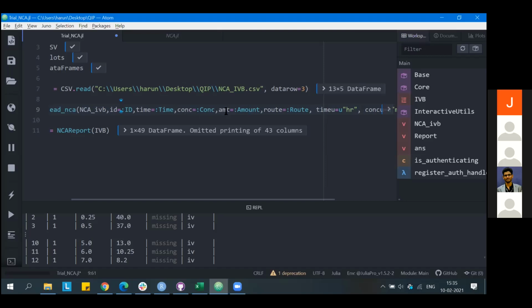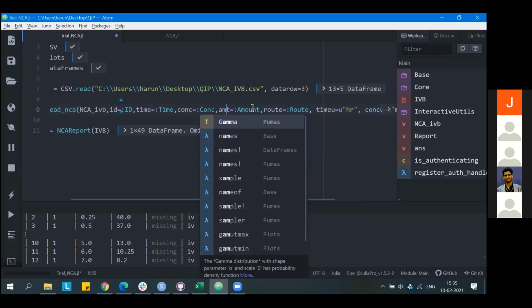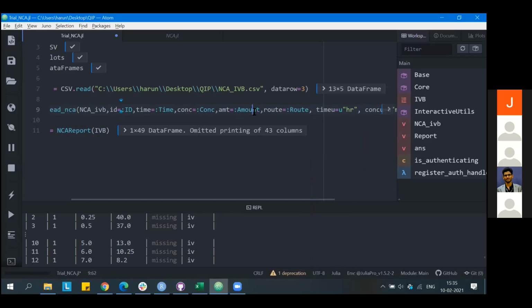These are fixed or constant names which are already predefined. So you won't be able to change it to OAMOUNT, because that is not a part of the syntax. So it is always going to be AMT.